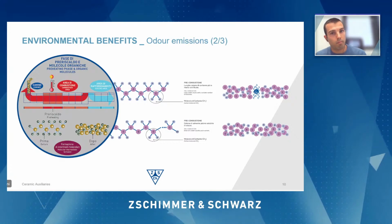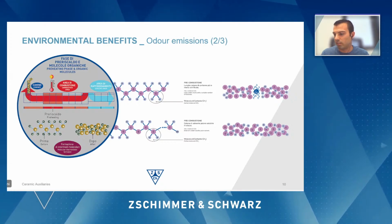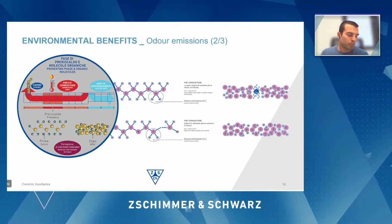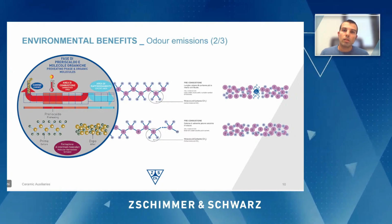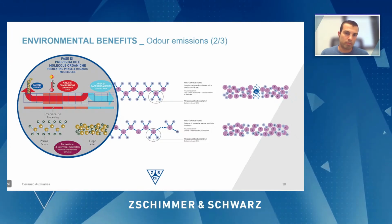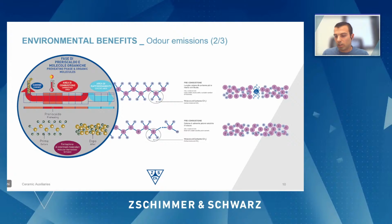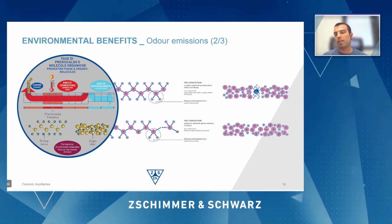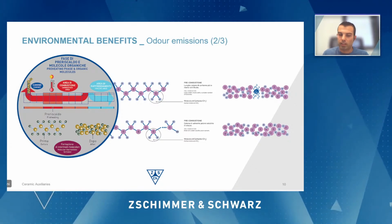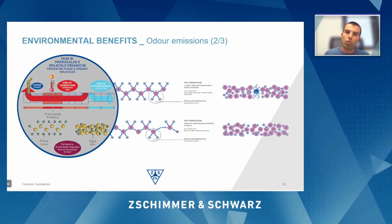Another benefit that was observed during these years of testing and production in the field regards odor emission. Also this reduction is related to the fact that we are introducing a significant amount of water in the